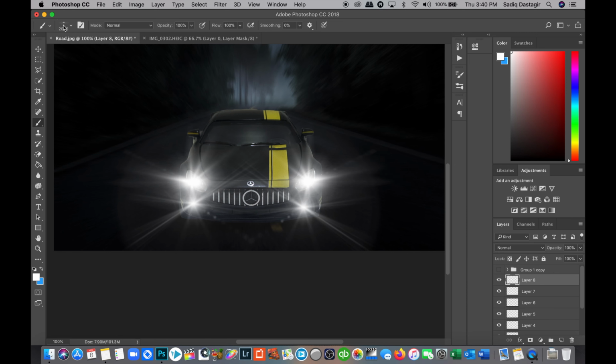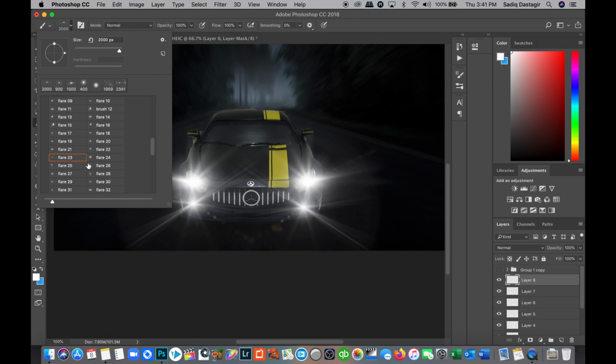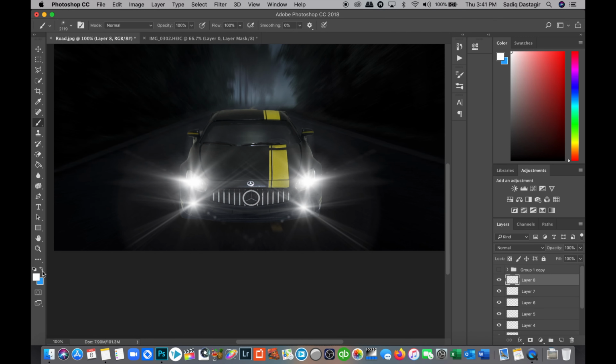We need to now add a nice sporty light, a fluorescent maybe a blue color light. I will look for brush number 12. I'll swap the color into blue. I have taken a new layer. Every light should be a new layer and not the same layer. Oops, this is way too much. We get the size down and we add it right over here.